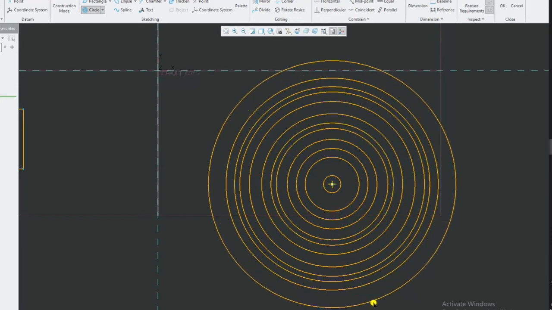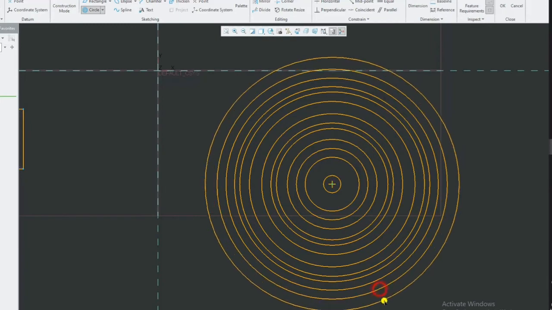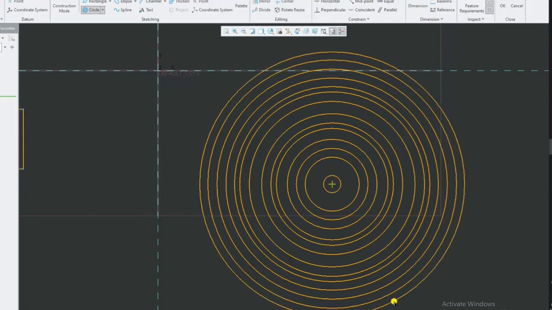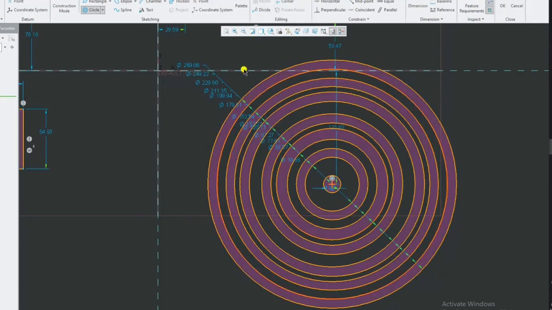Concentric circles are nothing but: already we have one circle upon which we have to create a concentric. Till you press escape or the middle mouse button, it goes on drawing the circles. You can see all the concentric circles we have drawn.